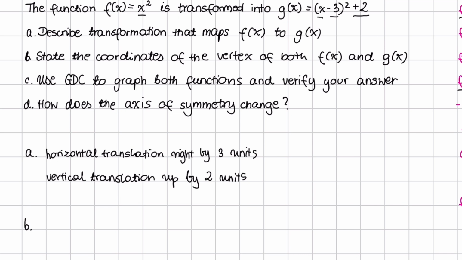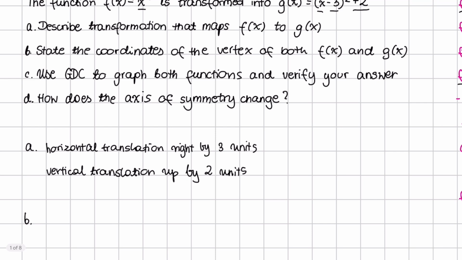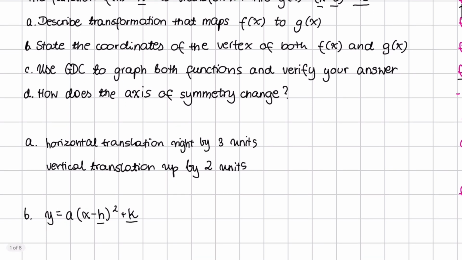So here we have to use our vertex form of our function, and it looks like this: y equals a, and in a bracket we have x minus h squared plus k, and these letters h and k change because we can use also p and q. It doesn't matter. However, these letters are our vertex, so no matter whether these are h and k or p and q, these are our